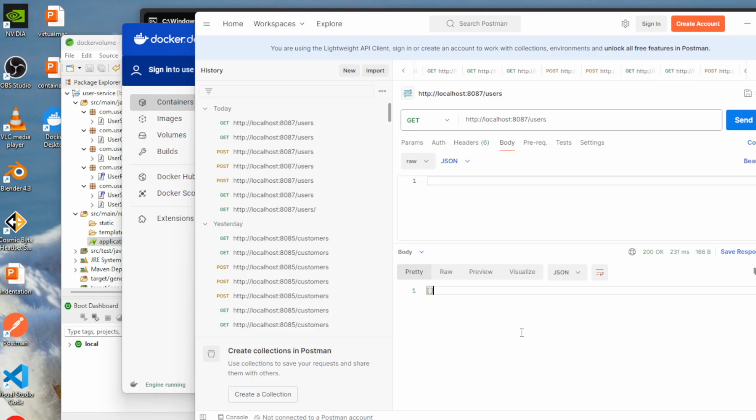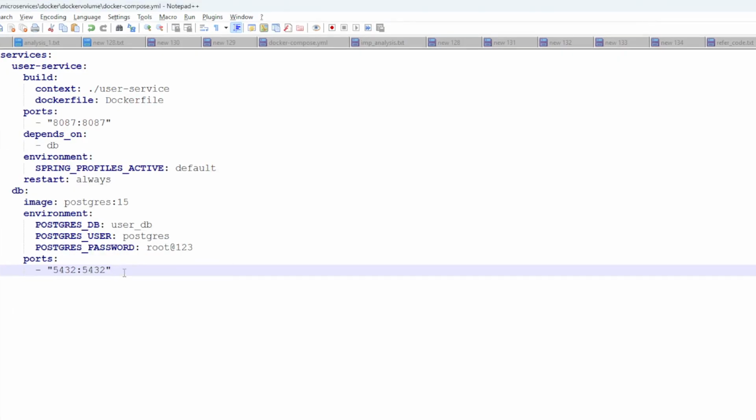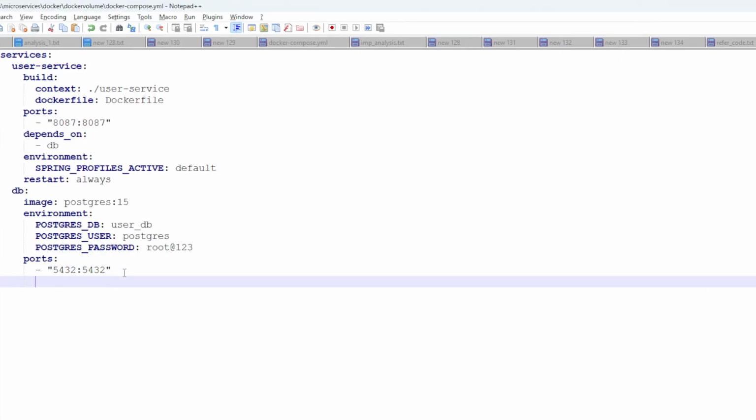Now we will test our second scenario in which we are going to mention the Docker volume. We are going to create the Docker volume and inside that we are going to persist our data. So let us do that. For that, we simply need to add some entries inside the Docker compose file because we are going to use the same application. So we will only make the changes inside our Docker compose file. So after this port we can use